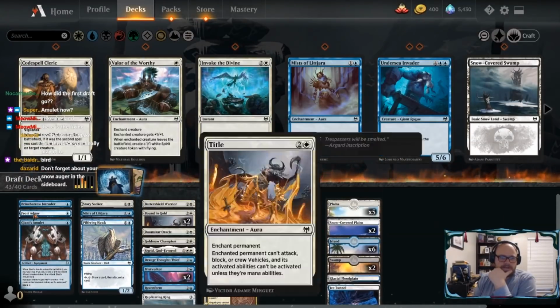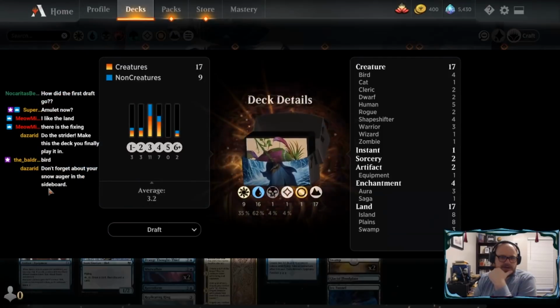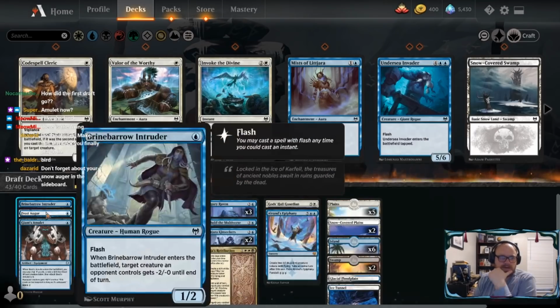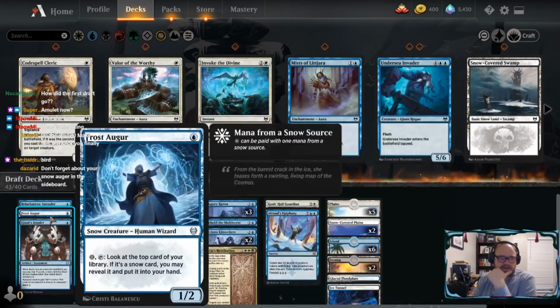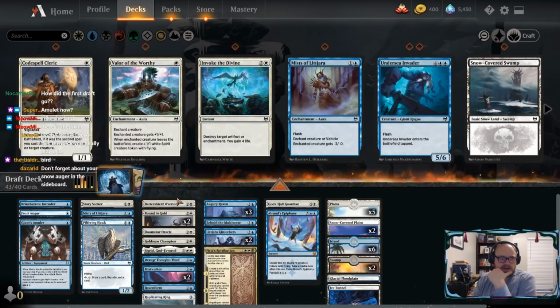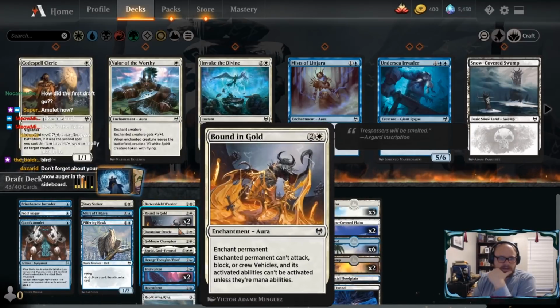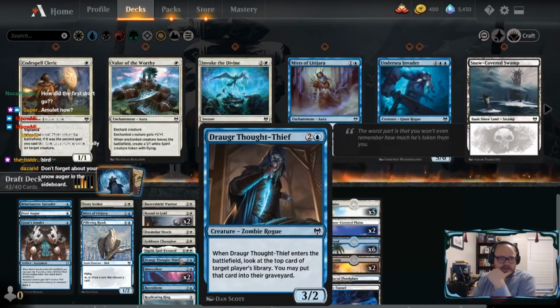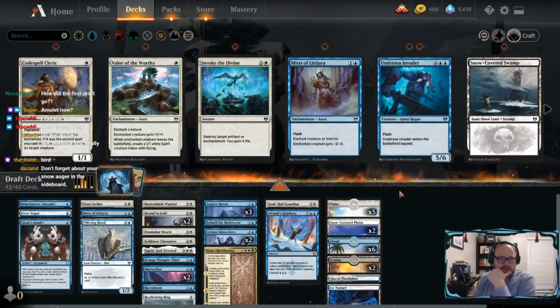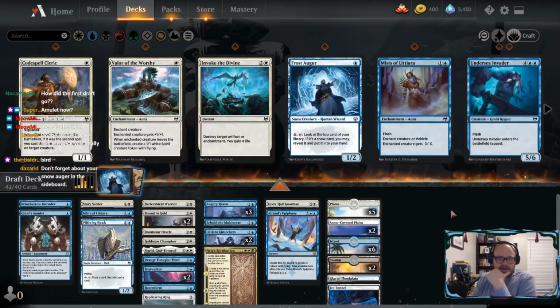Well, how many snow things did we end up with? Does it show us? No. I have to count myself? Okay, so not counting Frost Augur, we ended up with one... two... Yeah, not enough. So no Frost Augur. We do have four Snowlands, but...